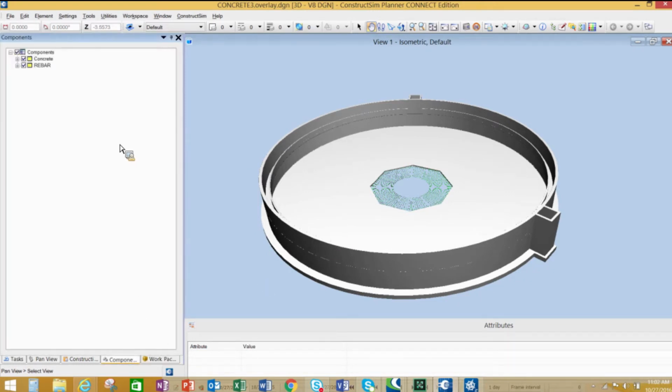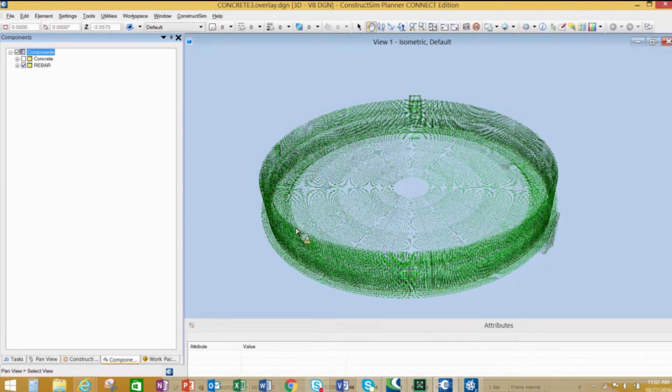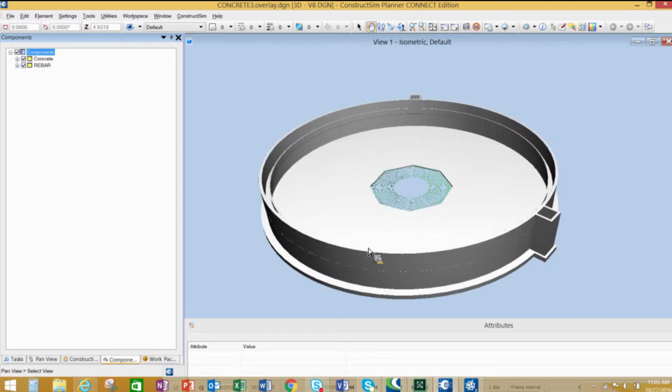I want to show you how it's broken out just by being able to take the highlights away, and I want to show you specifically rebar. You can see all the aspects of the rebar and the ability that this gives us to work package it. Then I can come in and put the concrete over that and work package concrete in the same aspect. So where we're going to start off today is in the work package server,